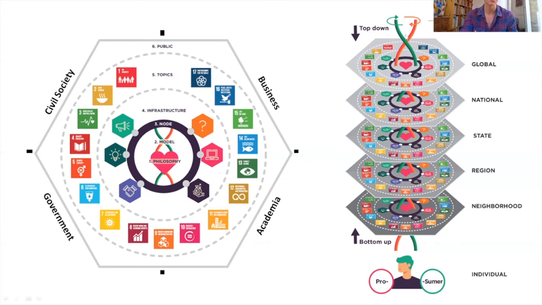We also see that it's a bottom-up and top-down process. You as a user are a prosumer, meaning producer and consumer. It's like a platform. Everybody has something to give and to take. And it's an evolutionary organization, so it keeps on developing.